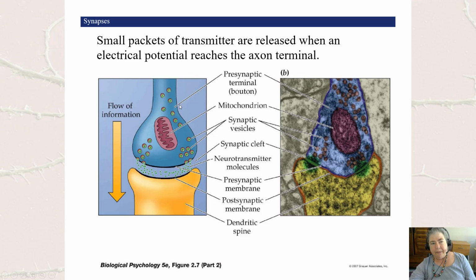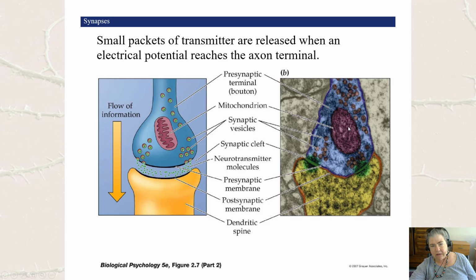When the action potential reaches here, it opens gated calcium channels, which I'll show you in a minute, that cause the synaptic vesicles to fuse with the neurolemma, with the cell membrane. And that allows these chemical messengers to be released into the synapse. So in this micrograph, you can see that space, the synaptic cleft, you can see the vesicles, you can see